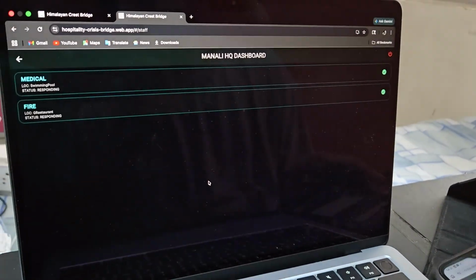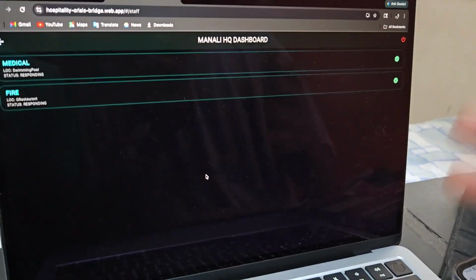So this is the live demo of the website and how it works. Thank you. Our USP is zero latency trajectory visualization. This ensures that the guests are able to clearly see where the support staff is, and this will really help during a crisis situation, as it will reduce the panic among the guests.